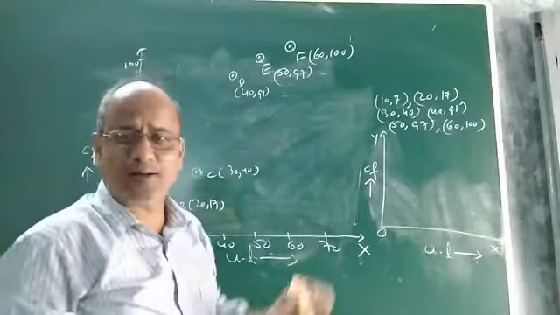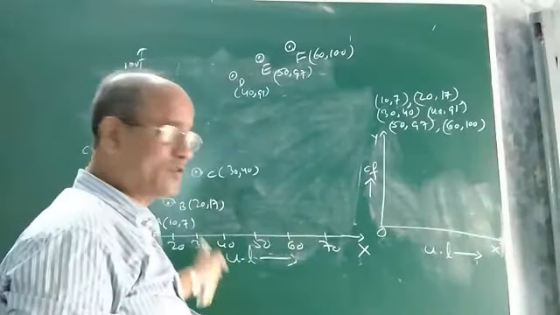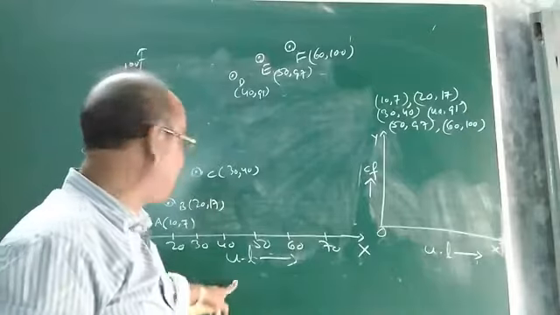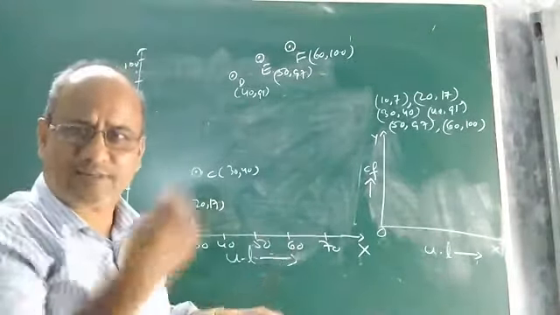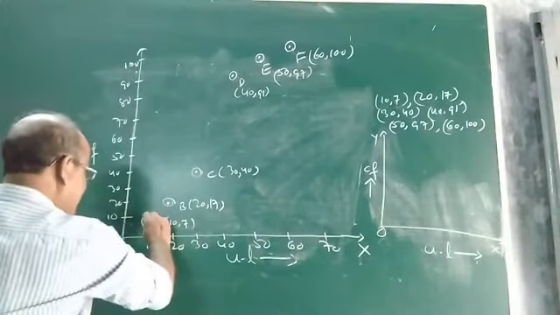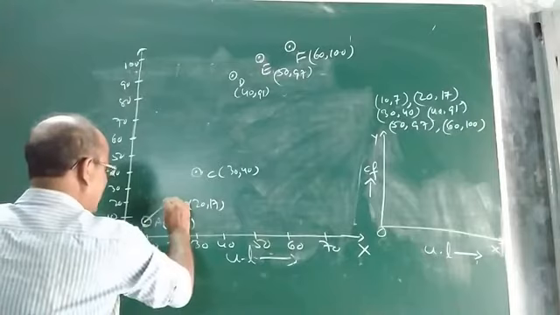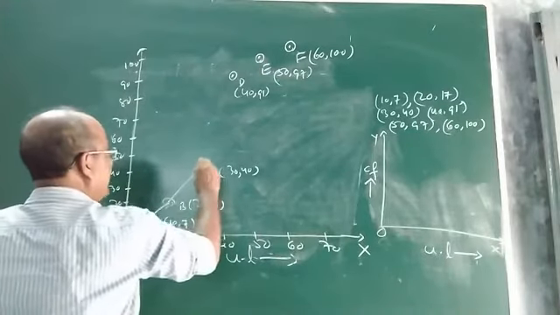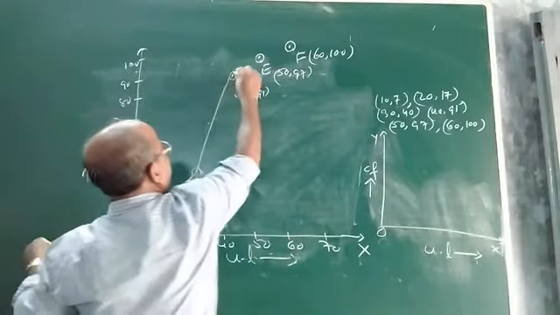So what do these points represent? These points represent the x coordinate and y coordinate, that is the upper limit and the cumulative frequencies. Okay. Now what is your next step? The next step is you join these by freehand. See, I am joining these points by freehand. You have to join them by freehand.